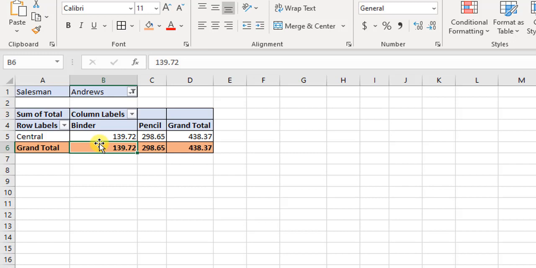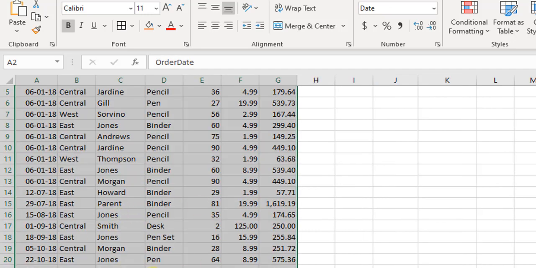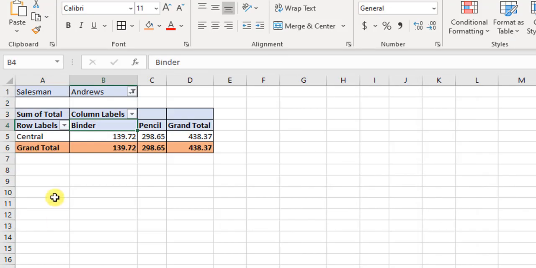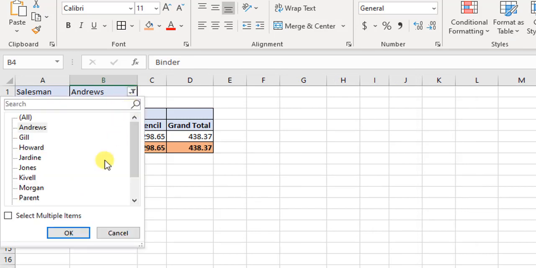Very important function, and practice with this and you will get better and better at this. The only thing I told you which is not good in pivot tables is that the data is not self-updating. So in case I update some data in the source data over here, this particular destination data does not get updated automatically.